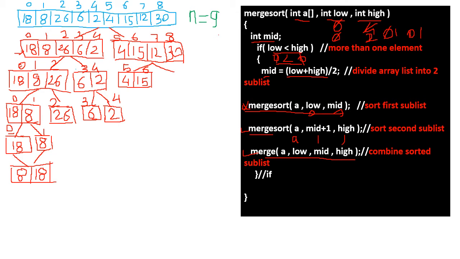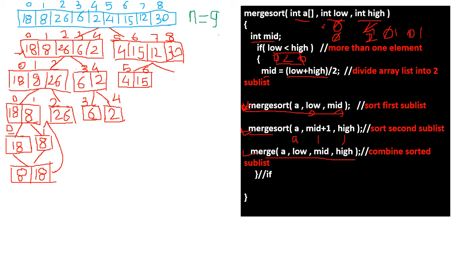After that, when control goes from here to here, the recursive function is called for this part, and again the low value is 2 and the high value is also 2. Is 2 less than 2? No, it is not less than 2. Then again this function will terminate, and it will go to the second merge sort function. Like this we will divide all the elements.